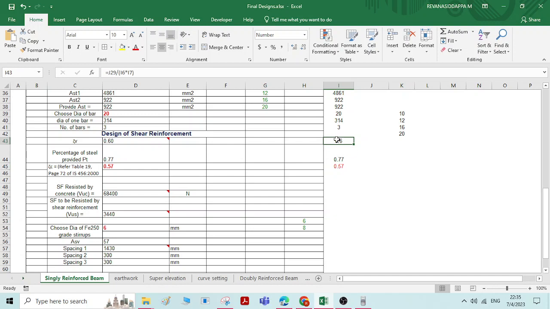Here the shear stress that is acting is greater than the shear stress that is resisted. Okay, therefore we have to provide the shear reinforcement. Okay, now the shear stress resisted by the concrete is how much? 0.57. If you know the shear stress resisted by the concrete, you can calculate shear force that is resisted by the concrete. TOC value is known. Okay,